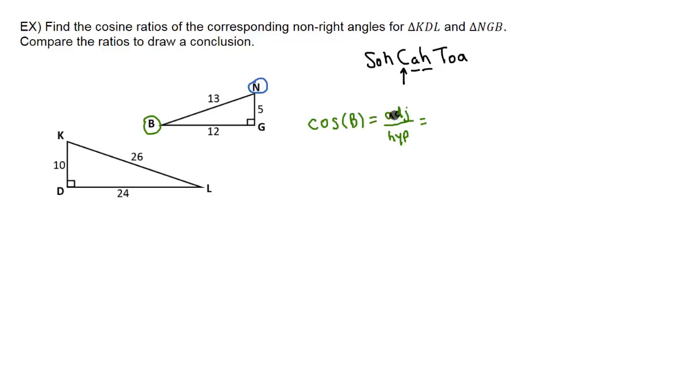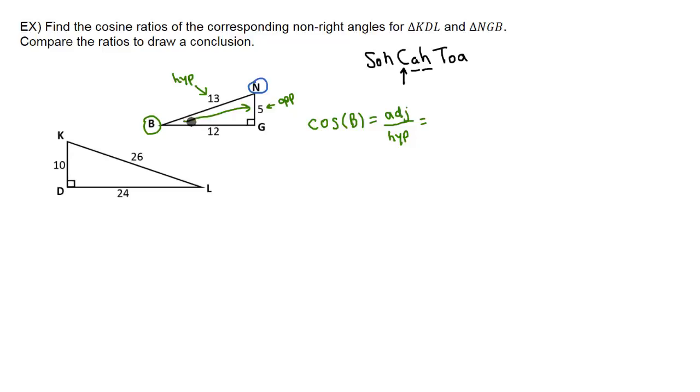Now to help us set up the adjacent side over the hypotenuse, I like to call out all my sides. So for angle B, 13 is the longest side of the triangle. That's going to be our hypotenuse. I always like to call out that side first. And then I like to call out the opposite side. And the opposite side of B is going to be the side that you could draw an arrow to, and it'll hit that side. So then 5 is going to be the opposite side, but we don't want that in